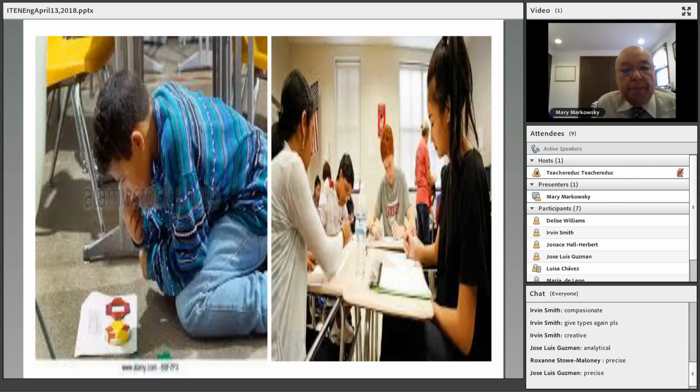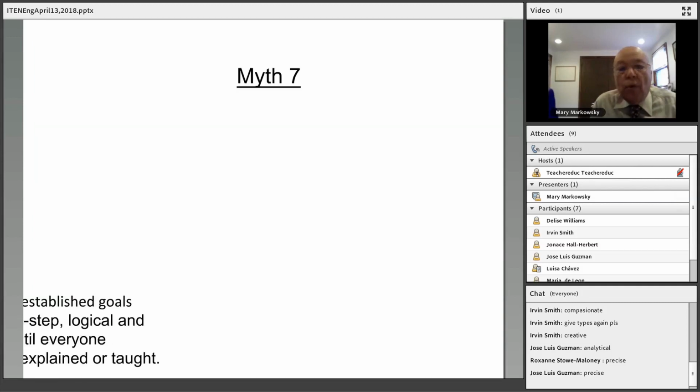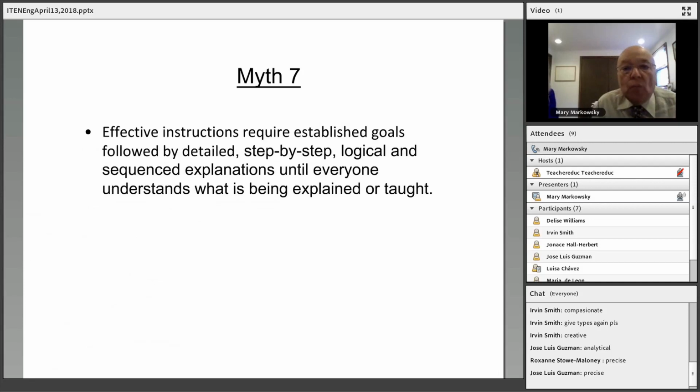Myth number 6. Teaching the whole class in a group at one time is the best way to learn. There's a student working by himself on the floor in the classroom. These young ladies are at the table. The ones in the back are sitting on the floor and others are standing up. So there's different ways that they can learn, and that's what they call individualized instruction also, and it's biological.